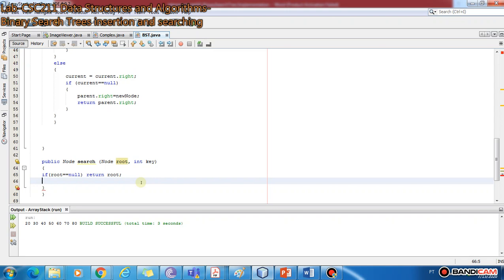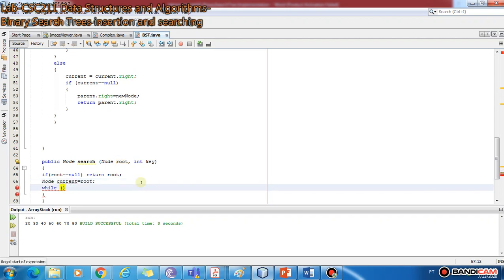In this case we won't need a parent because we just have to return the current. So what we do is, in a while loop, first of all we initialize the current node with root, and while true,